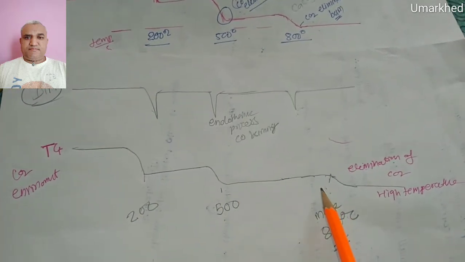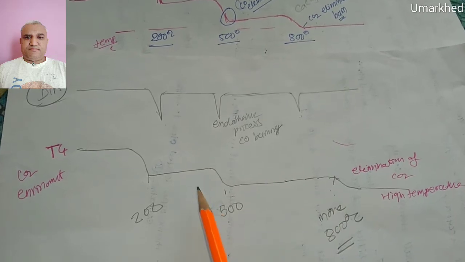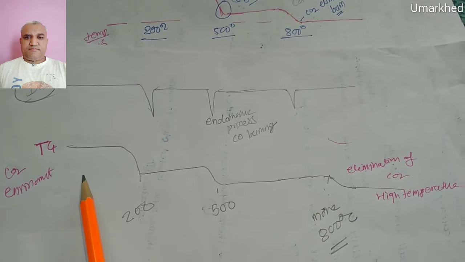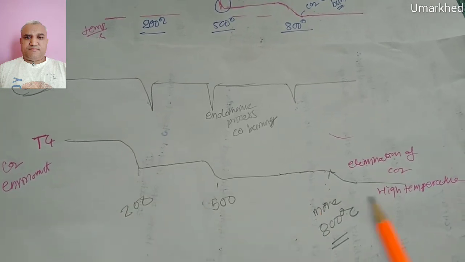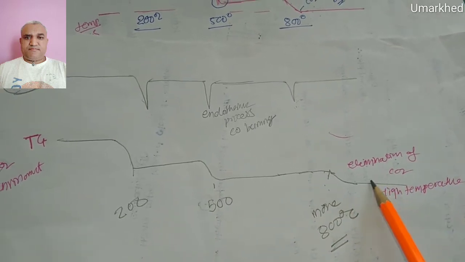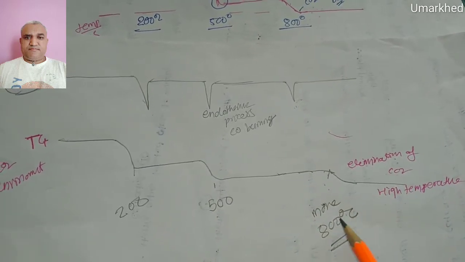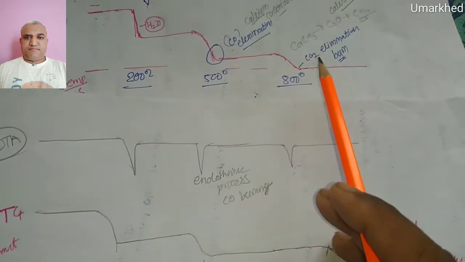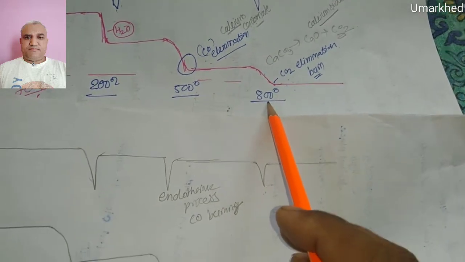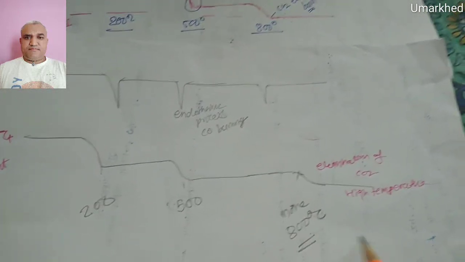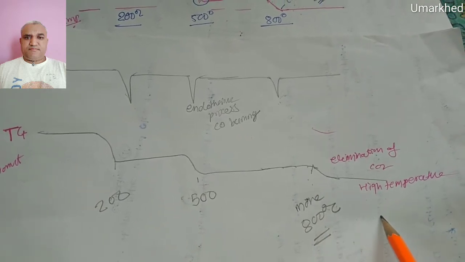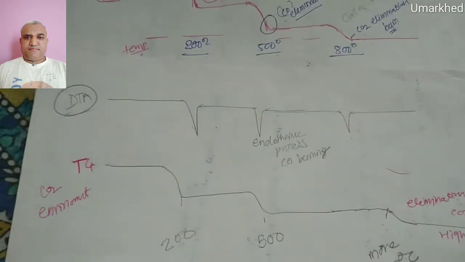But for the removal of the CO2 in CO2 atmosphere, since the CO2 reacts with our sample, there is a higher temperature removal of the CO2 molecules. There is the elimination of the CO2 above 800 degrees Celsius. In air atmosphere the CO2 elimination occurs at 800 degrees Celsius, but here the CO2 reacts and there is an increasing temperature, so it is above 800 degrees Celsius in the TG curve.